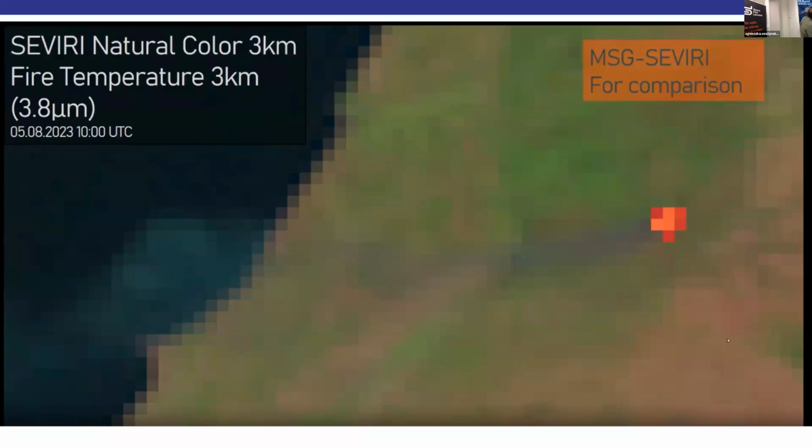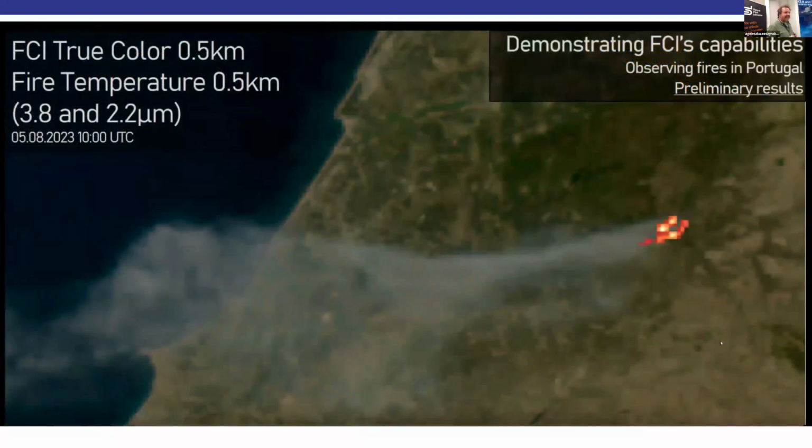And here is a Fire in Portugal. The data are about 3 kilometers spatial resolution. It is pretty good for detecting fires every 15 minutes, but they have to be quite large. This is the Meteosat FCI data, which is basically 500 meters in shortwave infrared and 1 kilometer in the middle infrared and the longwave infrared. And it's got RGB channels and all sorts of stuff. It looks fantastic.